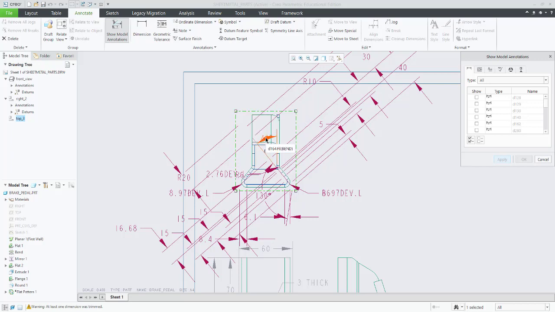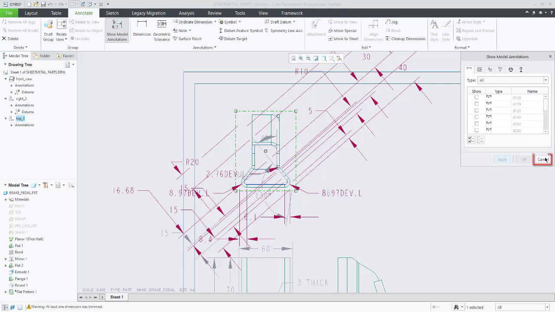I will start from this angle at the center, which is somewhere around 40 degrees, and it is also hidden. So click on this. Then on the middle there is also a radius of 6 which is also a bit hidden, so select this also. Then the angle of 130. On the right side you will also find a radius of 6, so select this also. And lastly we will enable this dimension of 15. Once I hide everything else, you will clearly see what this 15 is for. Now click on apply. So these dimensions are shown.